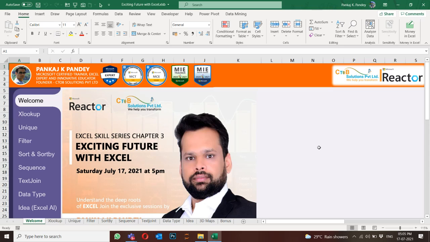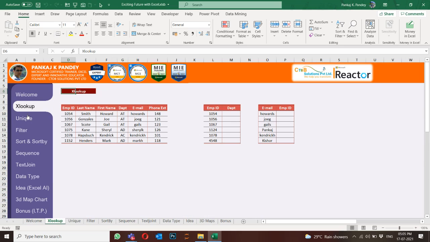So the very first thing is XLOOKUP. The very first formula we are going to work with is XLOOKUP. What is XLOOKUP? I'm pretty sure everyone who works on Excel must know about VLOOKUP. VLOOKUP is the widely used, most used formula in Excel, and everybody is aware of it. So